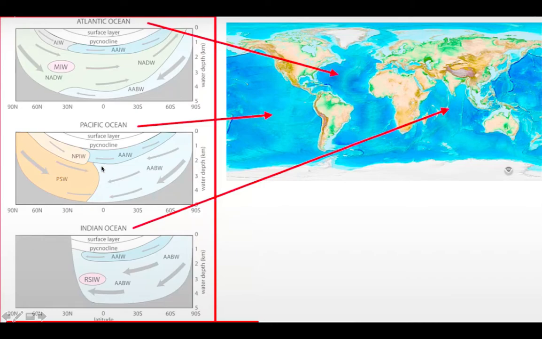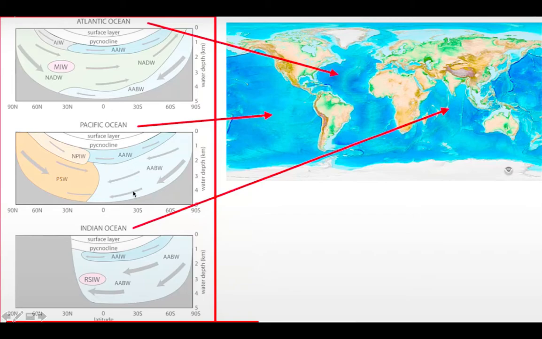Now remember that overall the density of this Antarctic Bottom Water is highest. And why am I saying it's highest? Because it is in every ocean. It is in the Indian Ocean also. You can see Antarctic Bottom Water at the base of every ocean. Suppose you are taking samples from the Atlantic, from the Pacific, from this Indian Ocean, you will get Antarctic Bottom Water. So if you are taking a sample from, say, 4000 meters, you will always get this Antarctic Bottom Water everywhere.